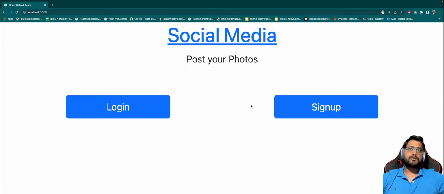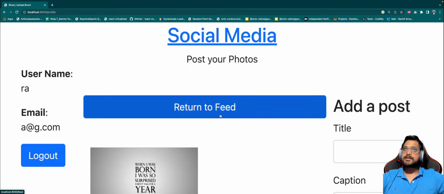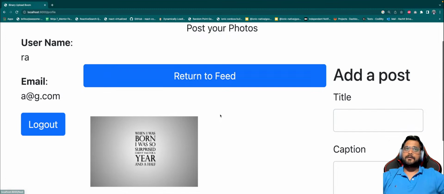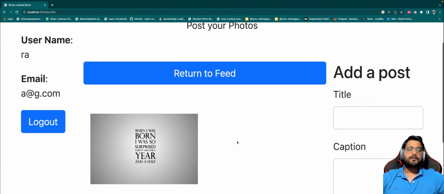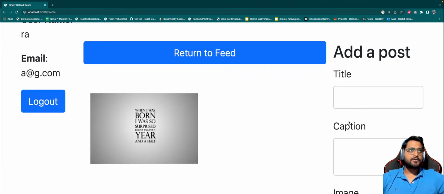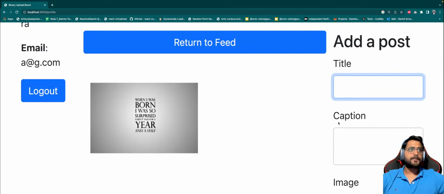On the home page, we are going to have login and sign up. When you sign up, if you are already logged in, if you have a session created, it logs in for you, right? And returns to your home page where you can create a post from your right sidebar